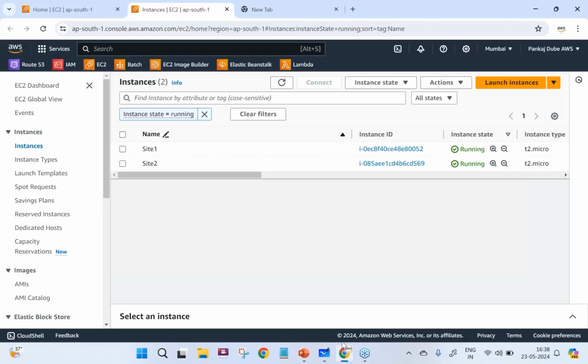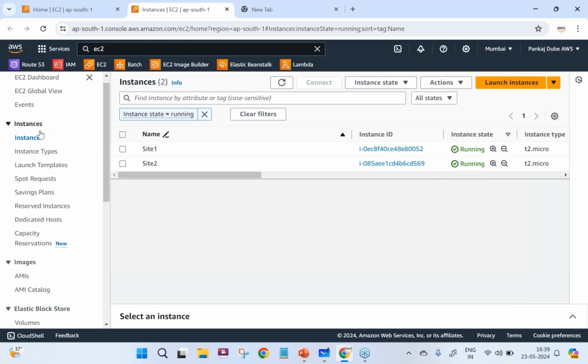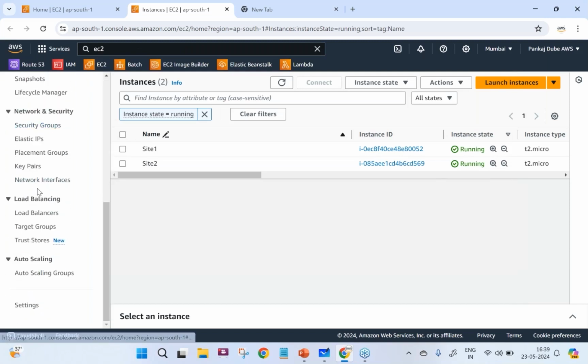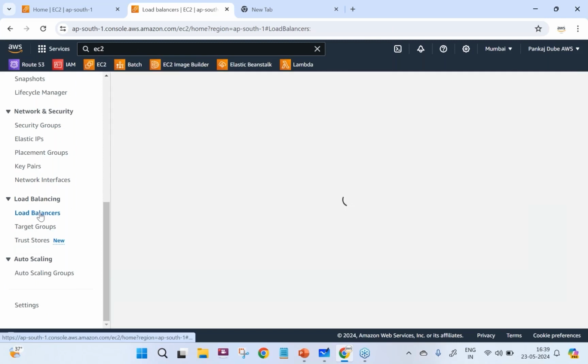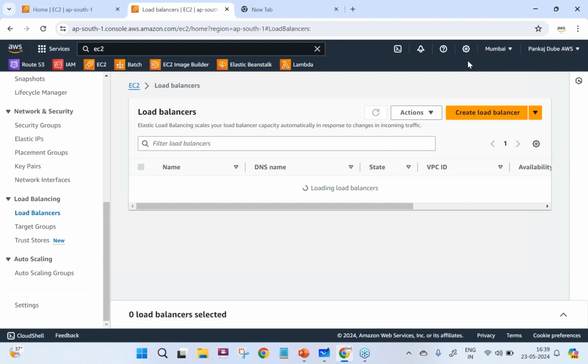Now I have already created a demo, and we are also going to see how to create a load balancer. Where can I find the load balancer on the management console? If I search for EC2, Elastic Compute Cloud, where we create the virtual servers in the cloud, I am already on EC2. On the left hand side panel, scroll down and you see load balancer. As of now I am in the Mumbai region. I have already created a load balancer, and load balancer is a regional service.